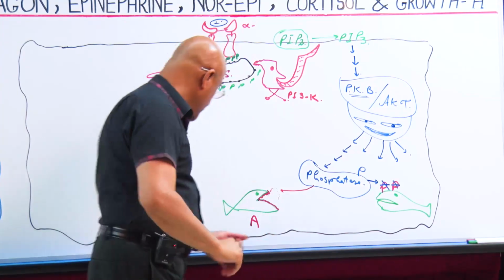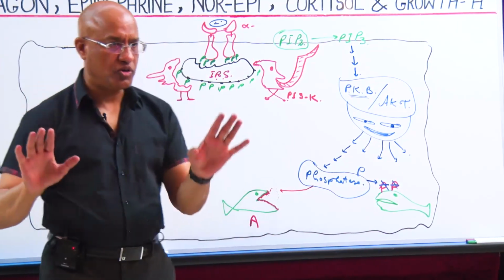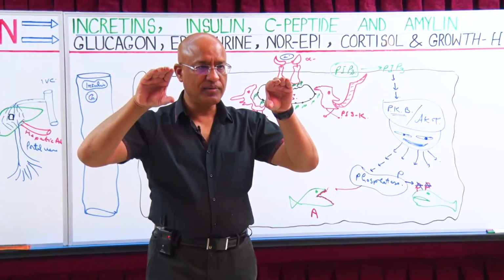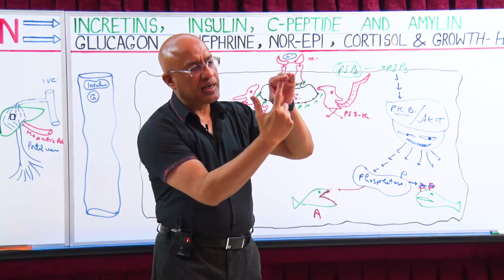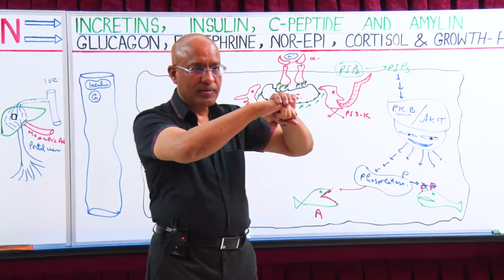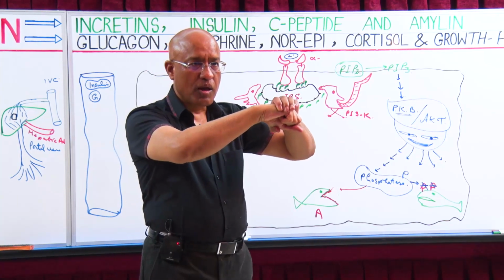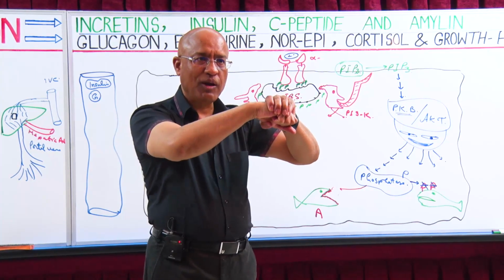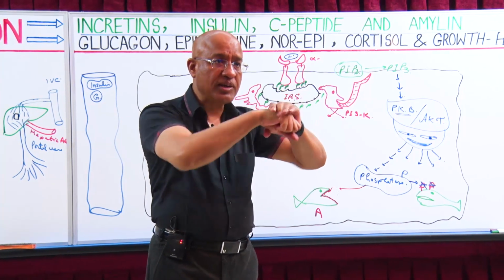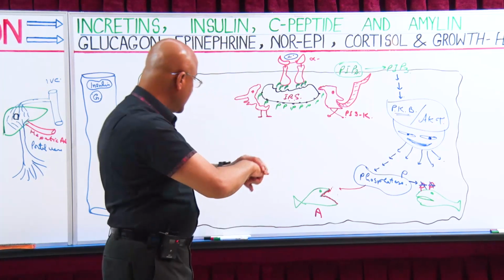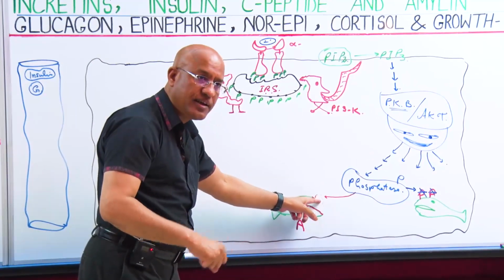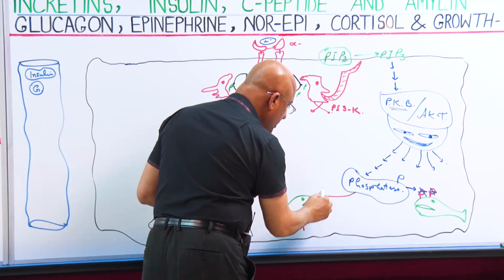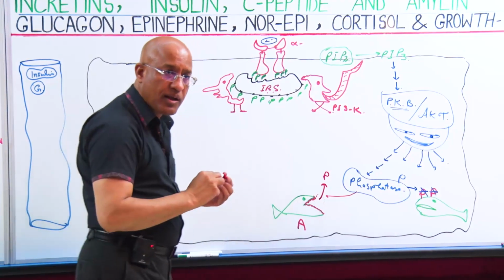Now listen carefully. First we will make a very basic concept. I think we need to discuss the basic concept first. Let's suppose these are two enzymes, right? Now, if you add phosphorylation at this point, do you think it can work? No. But if you dephosphorylate, it will start working. You phosphorylate, it will not work. So some enzymes, when they are phosphorylated, don't work. This was the enzyme, when it was phosphorylated, it did not work. But when it was dephosphorylated, when its phosphate was removed, it started working.